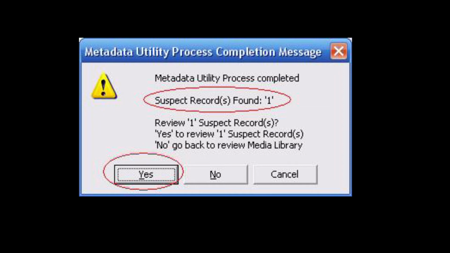In this particular example, after the verification process was completed, it found one single record, which was automatically flagged as a suspect record, and the user will be asked whether or not Metadata Utility should go to the suspect records queue. We recommend always selecting yes to immediately go to the